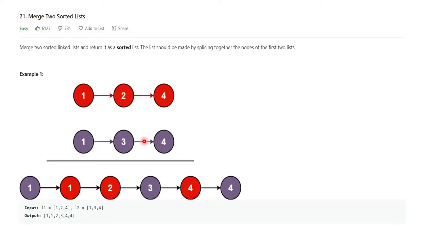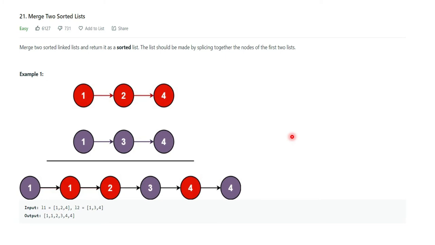The problem statement is you will be given two linked lists and they are sorted. Now you have to merge them together to form another linked list which will also be sorted. So you take values from both of the linked lists, which are already sorted. So this is the sorted linked list and this is the result. Here, as the color is marking, you have to take values from each of the linked lists and the result will also be in sorted manner.